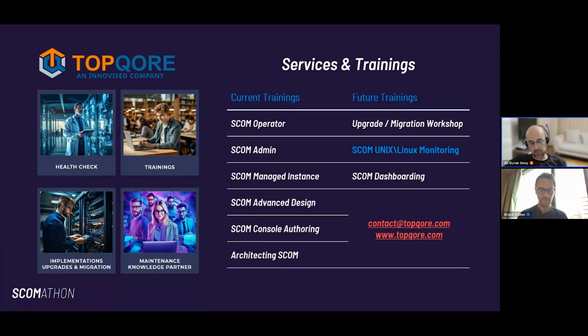We do SCOM implementations, migrations, upgrades, and we can help you extend your monitoring and dashboarding capabilities. And we have a knowledge partnership and maintenance as a service to help you keep your monitoring environment running and healthy.